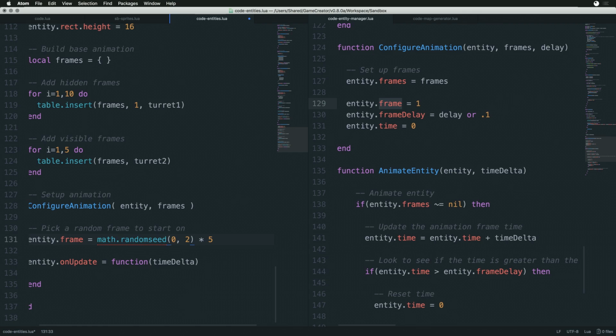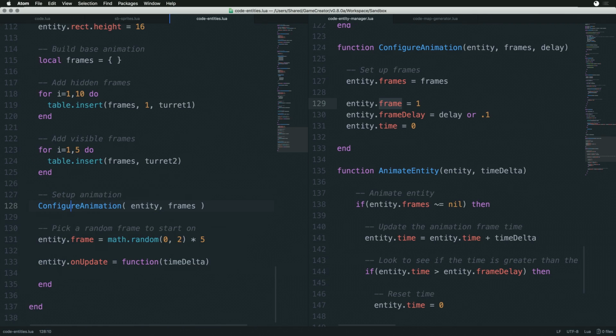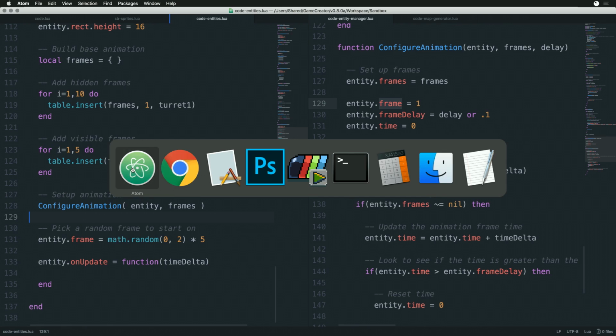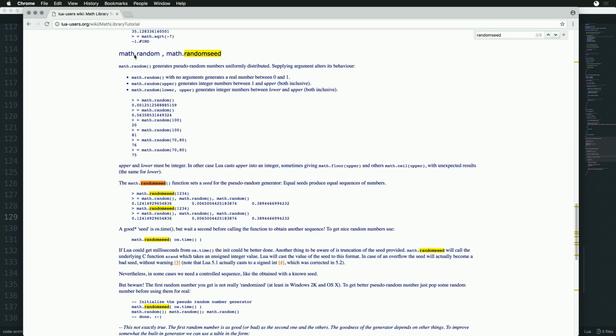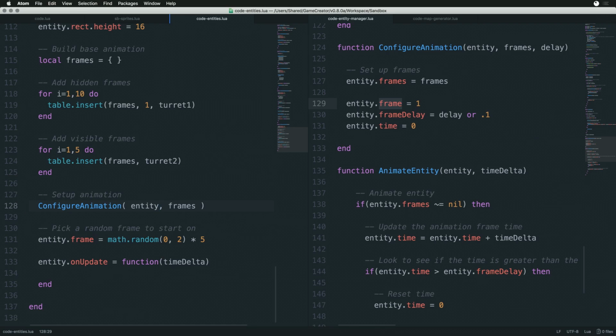Nah, forget it. We'll just do some basic stuff. Again, this is going to be an introduction tutorial. Getting into the whole randomness and how random really doesn't work is beyond the scope of a beginner tutorial. What I want to do is,